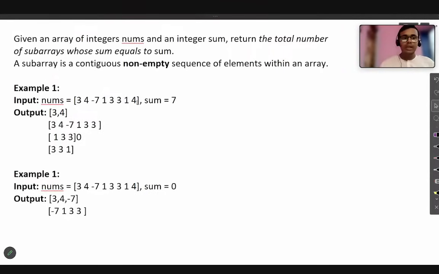Now let's see what a subarray is. First, you have to understand this. I have told multiple times in the YouTube live classes, and those who have enrolled in the TCS paid NQT course already know that in arrays you get two kinds of questions: either subarray or subsequence. A subarray consists of contiguous elements, so the elements should be contiguous.